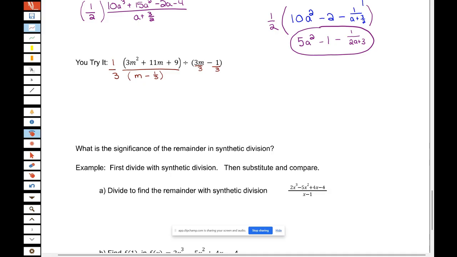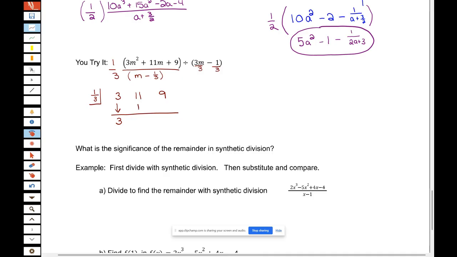So I'm going to take my quotient here. I'm going to actually do this problem with my synthetic division, and then I'm going to multiply it by 1/3 at the end. So in the box goes 1/3, because it's the opposite sign. And I have 2, 1, and none. I'm not missing any powers. 3, 11, 9. Bring down,